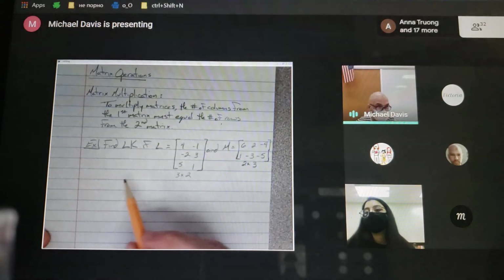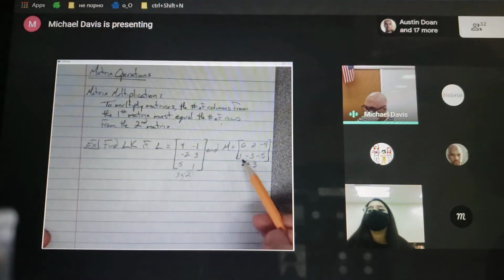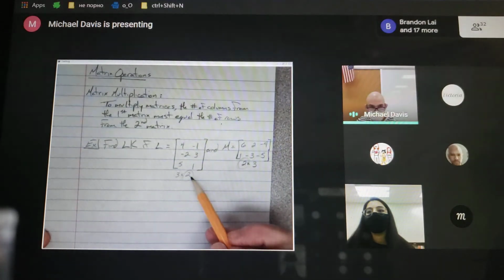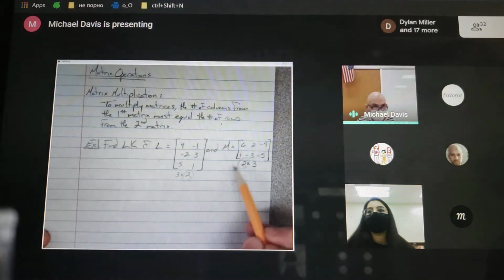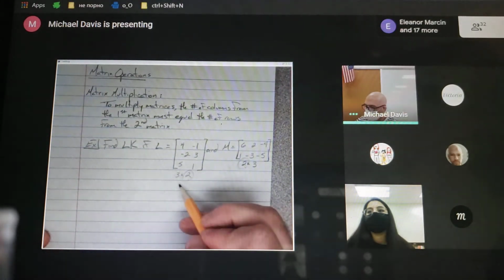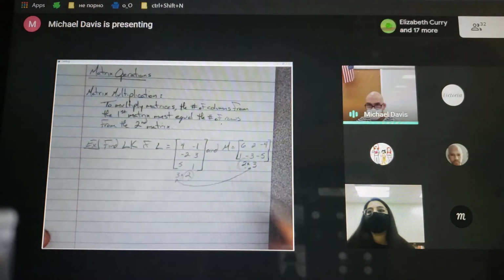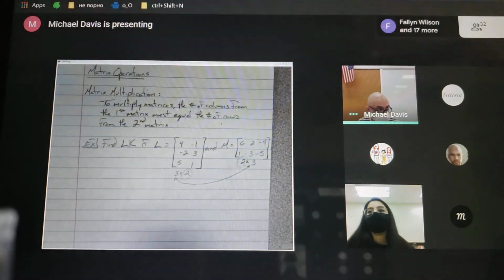So if we make sure we're writing it out in order, as long as those two middle numbers are the same, then we are physically able to multiply them together. That's the number of columns from the first, the number of rows from the second. Those have to be the same if we're going to be able to multiply them together. Added trick, the two middle numbers tell us that we're able to multiply. The two outer numbers are going to tell us what the dimensions of our answer is going to be,